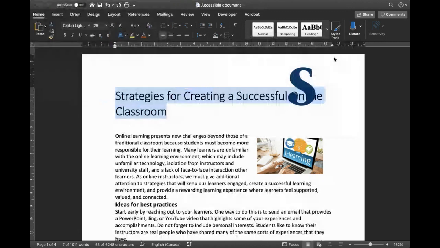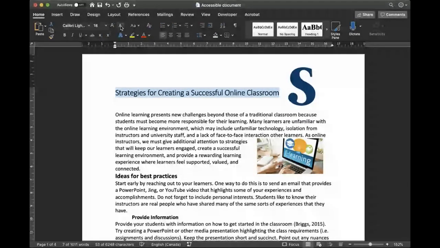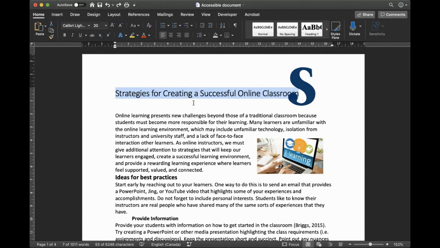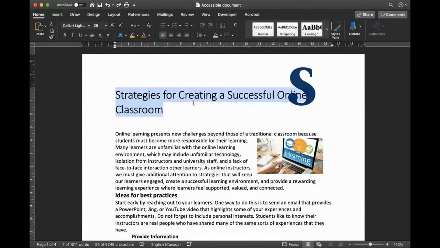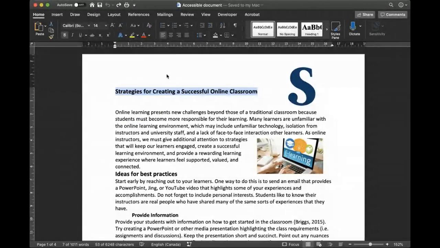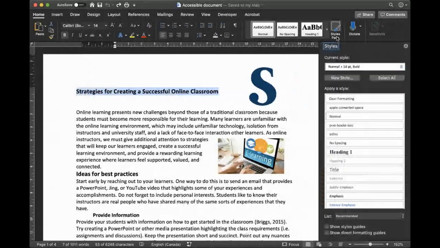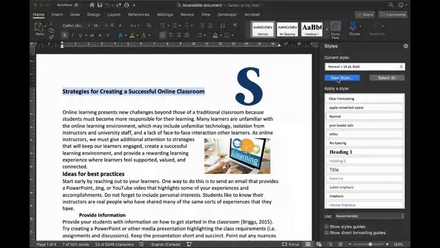So this should be, and if it gets too big, what we can do is we can reduce its size. Suppose, let me tell you one more thing. Suppose you want to keep the same formatting and you want this to be title. What you can do is you can go to Styles pane, say new style, and make sure that this is the style which is there. Instead of normal, you can down arrow, and you can make it